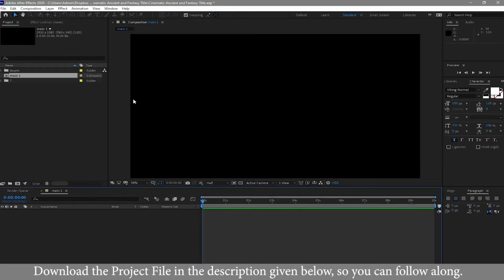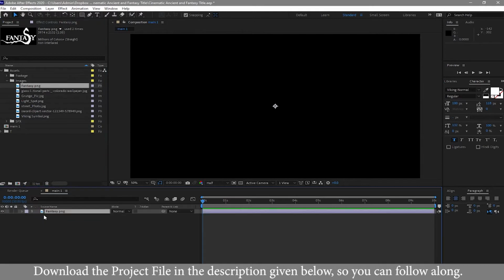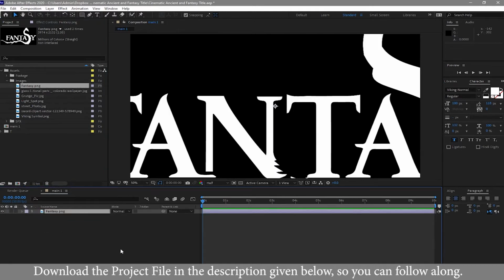Click OK, and I will open the assets, open the image folder, and grab the fantasy PNG image on my timeline and press S on my keyboard